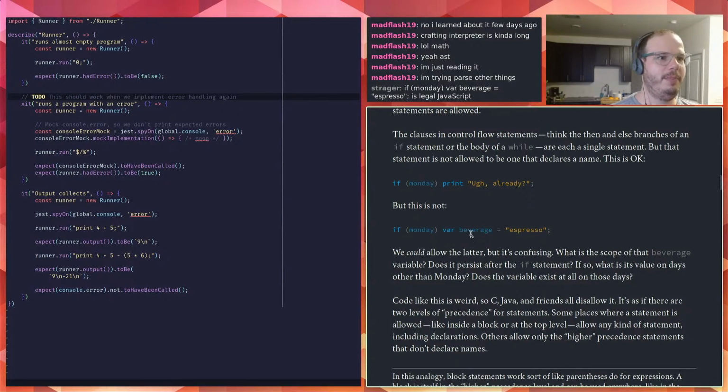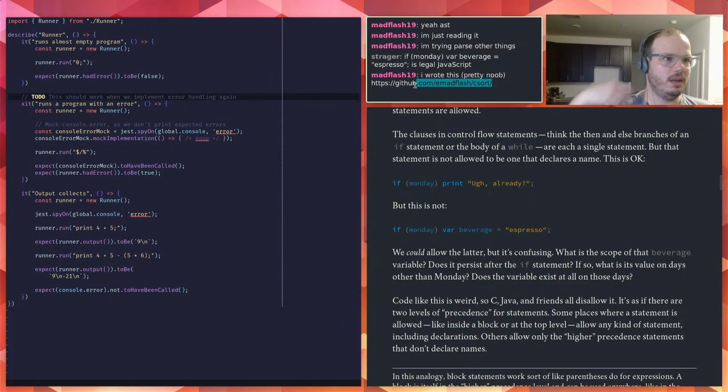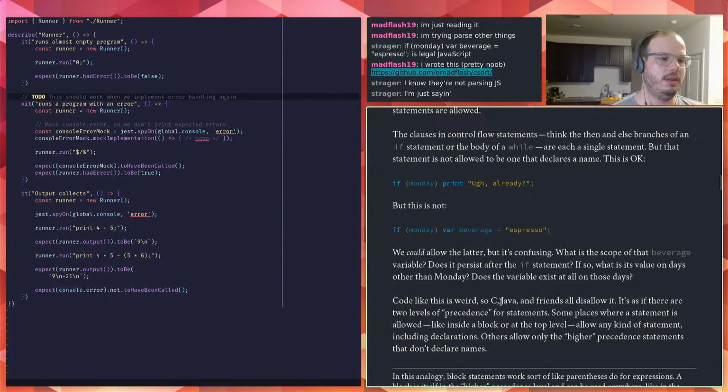If Monday var beverage equals espresso is legal JavaScript. Yes. The author is writing in Java, not JavaScript. Oh, cool. Yeah, this should work in Java.